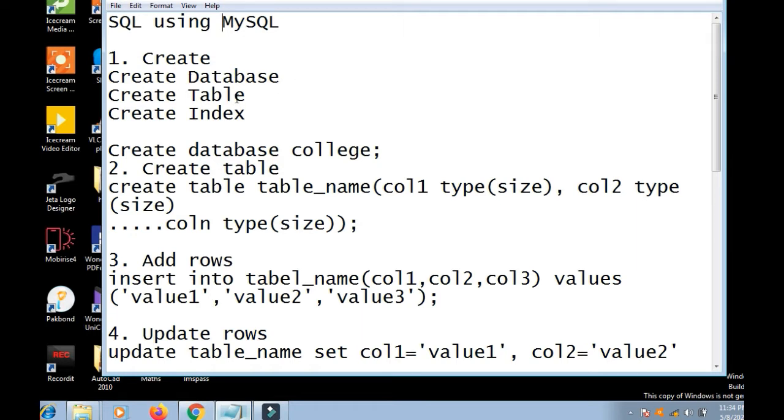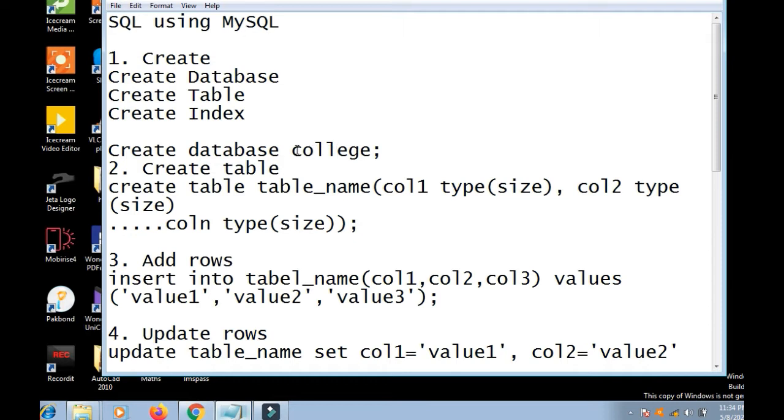To create a table we use CREATE TABLE, and to create an index we use CREATE INDEX and index name, and for stored procedures, triggers, and all other things, we use the CREATE statement.